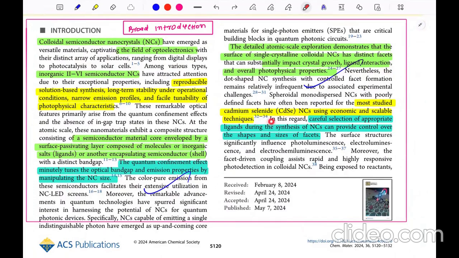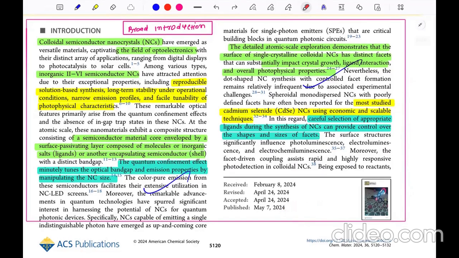This is the most studied colloidal nanoparticle, the cadmium selenide quantum dot, and how careful selection of an appropriate ligand during synthesis of the nanocrystal can provide control over the shape and size of the facet. So this we can consider as the broad introduction part of the paper. And okay,